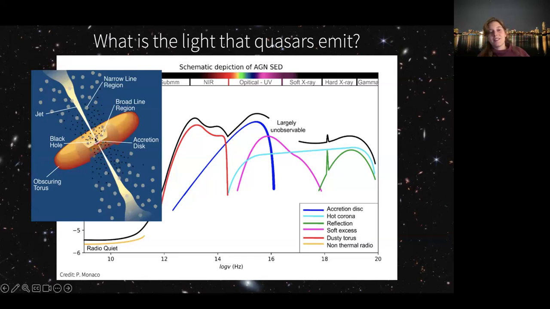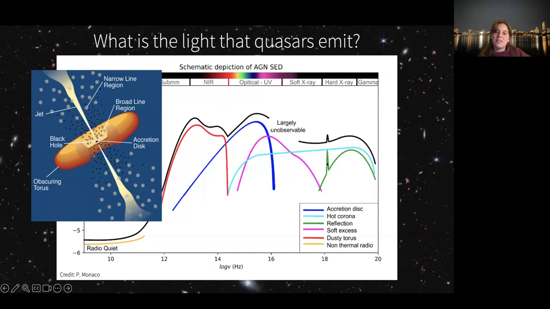And what people have observed is that if you have some variability in the X-ray, so if the spectral features do something, then that light can get scattered off of the accretion disk, for example, and show up in, say, the UV in the same variation. So this is just one example of one part of light scattering from another part of the system. Now this reflection part, you can see this corona I was talking to you about is the cyan line.